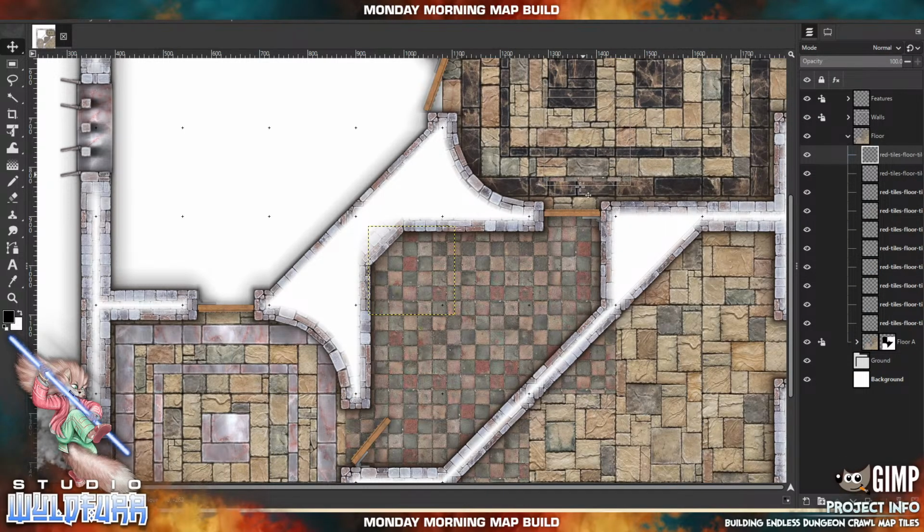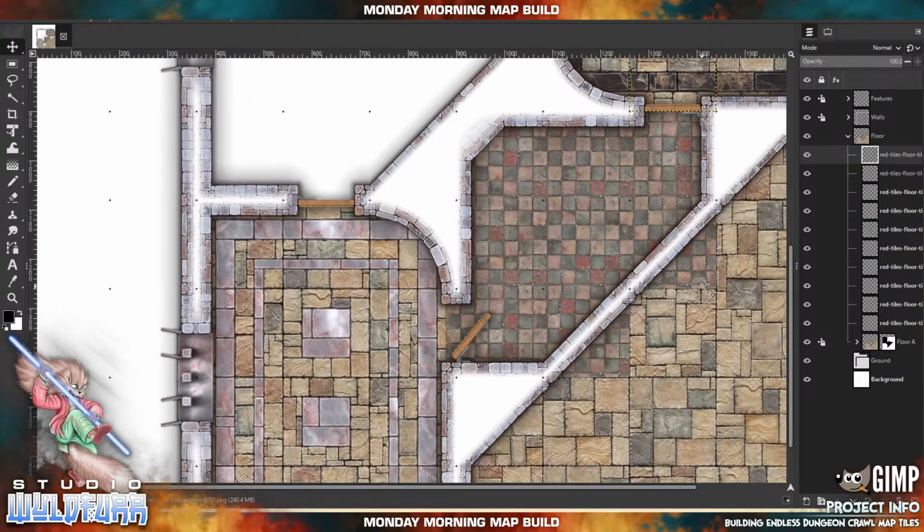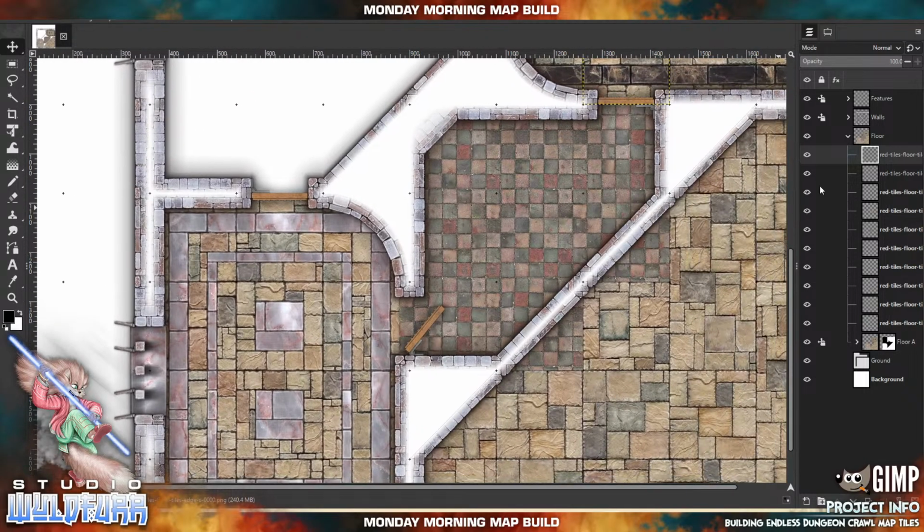So there we go. Yeah, it is hidden by the door overlay, but that's okay because this one's open. It gives you that nice little edge. But we do need to hide